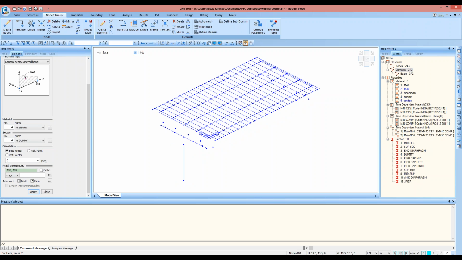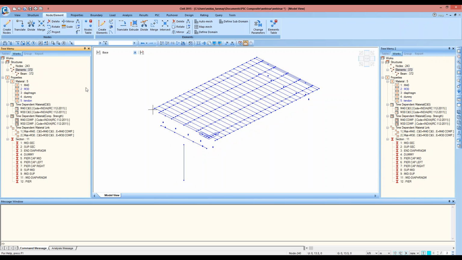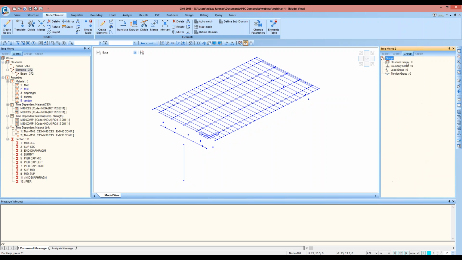And so now before making an exact replica of this to the left hand side, I'll add the boundary conditions as well, and that will again be replicated on the left hand side. So for doing that, first of all, I'll have to add groups. So I'll go to groups, boundary group, new, and I'll name it as